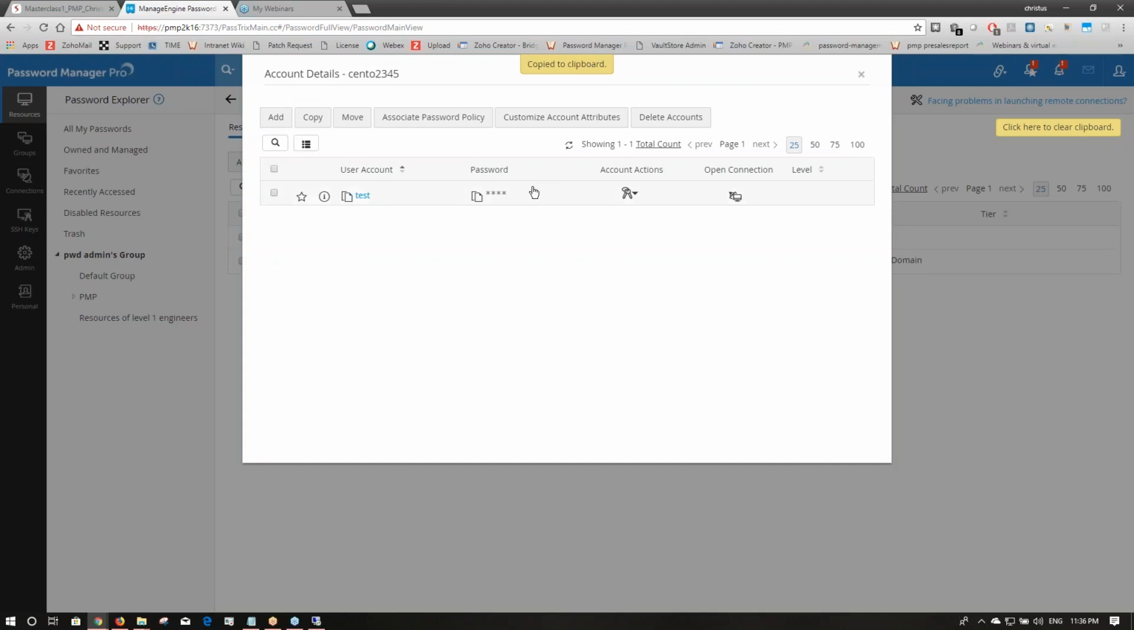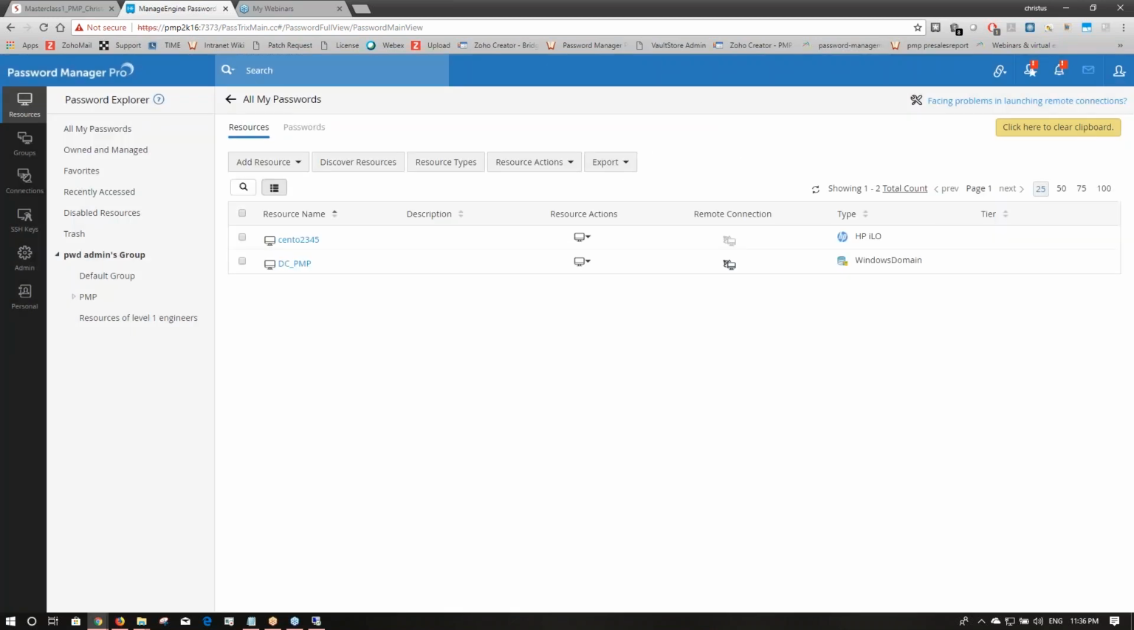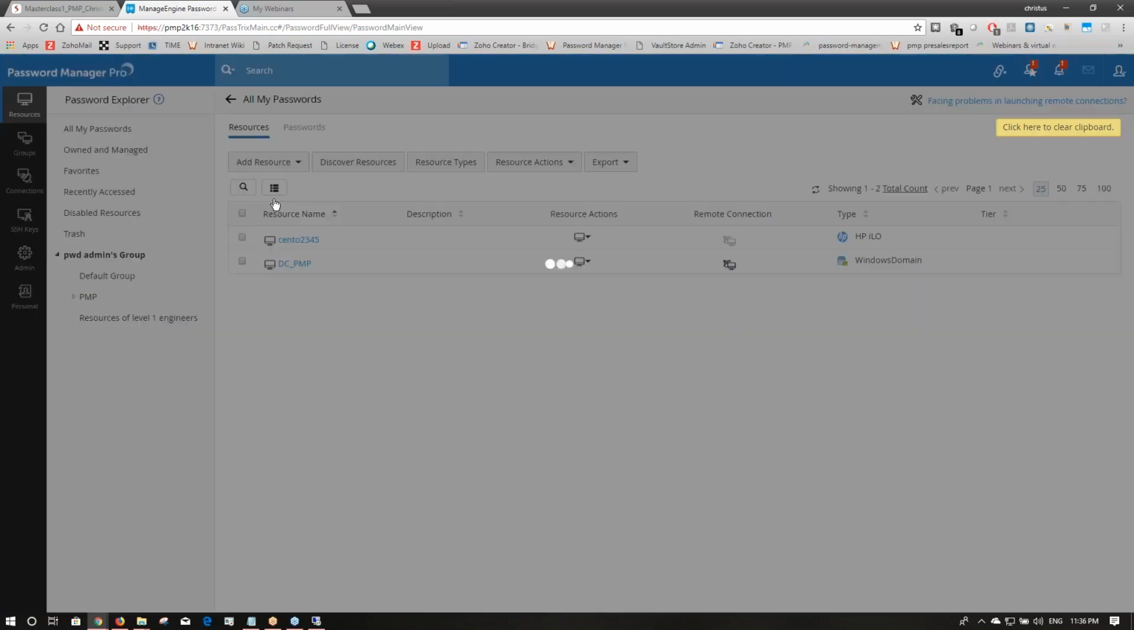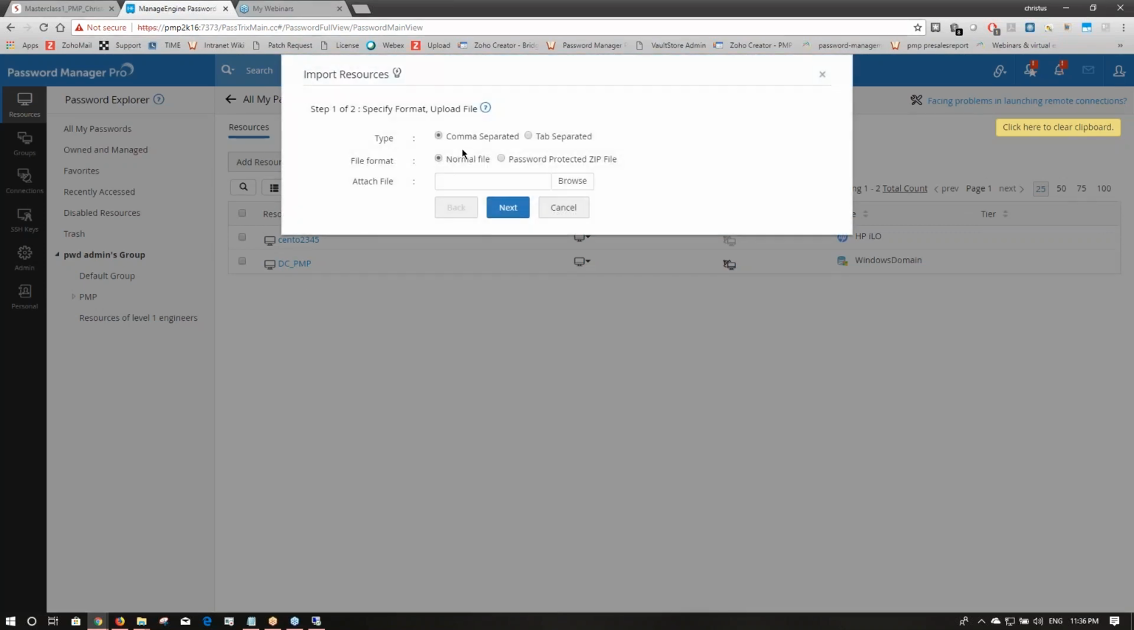So what are the other methods that we have apart from the manual method of adding? Because when you have hundreds and hundreds of resources, it is going to be a really hectic task to have them onboarded inside the product. So it is not easy to have them added one by one into Password Manager Pro. So you can import them directly in bulk from a CSV file, and I'm going to show you how that can be done. So we have an option which says import from file in Password Manager Pro,